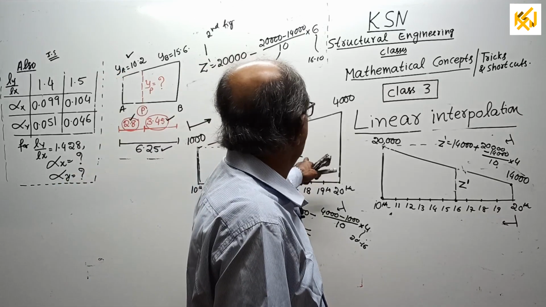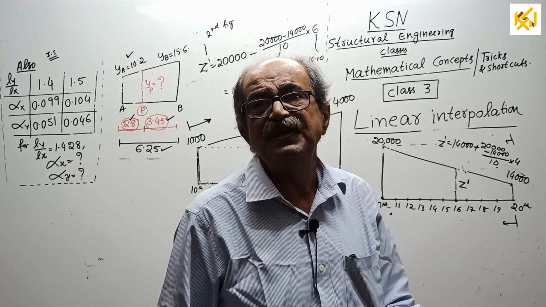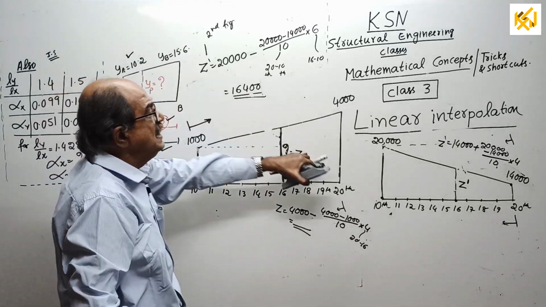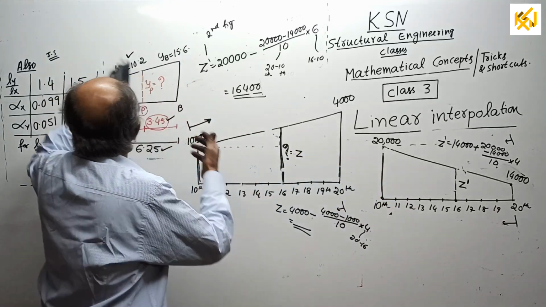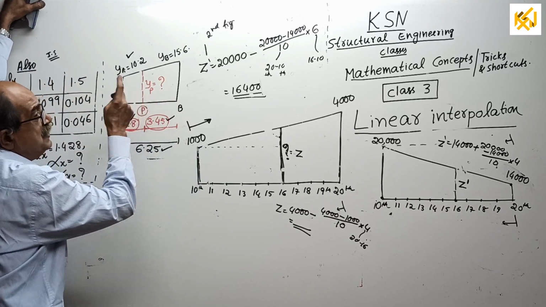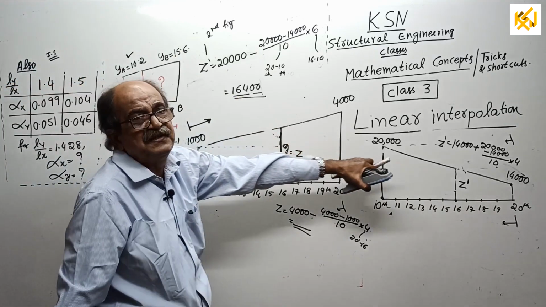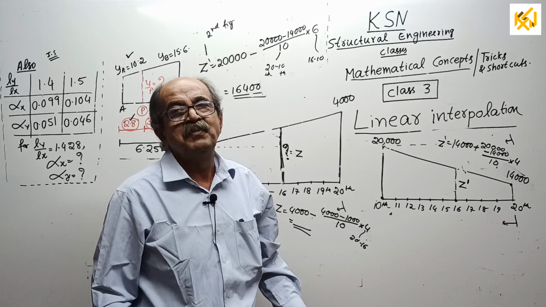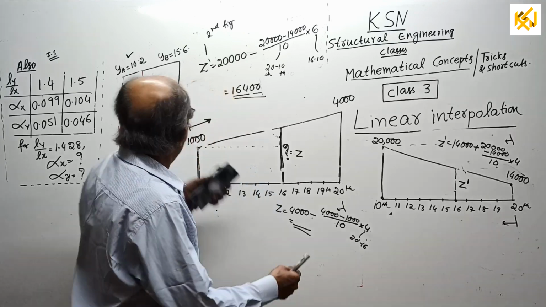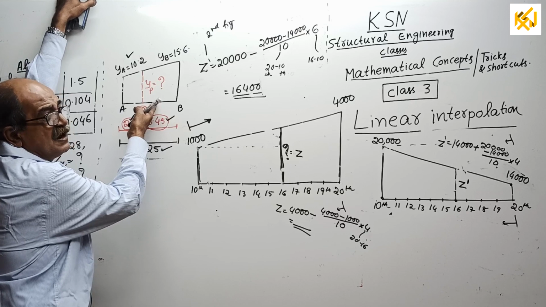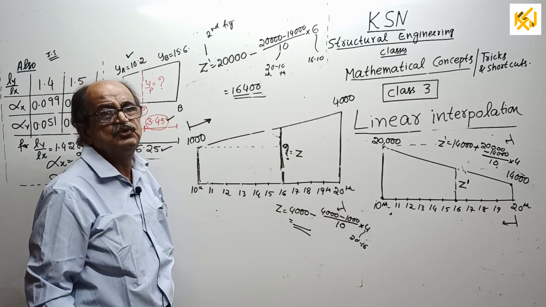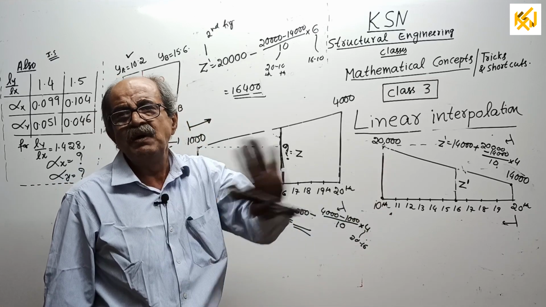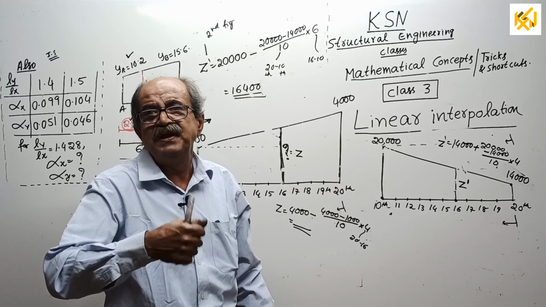Okay, I will now remove this one and make ready for the last part of this linear interpolation. That is real application. Here see, money matter. Anybody will understand this because it is a money matter. Here, fractional values are there. This is a little fraction. People find it difficult. See, everybody will answer this question. If I ask in the class, how did you get the answer so fast? Sir, when it's a money matter, we understand very fast. The same thing applies here also. But confusion, sir. I will explain to them, then they will tell. So many of my students, even now they tell, sir, interpolation, we are perfect. We will never make a mistake because we got a real mathematical grip on that one.